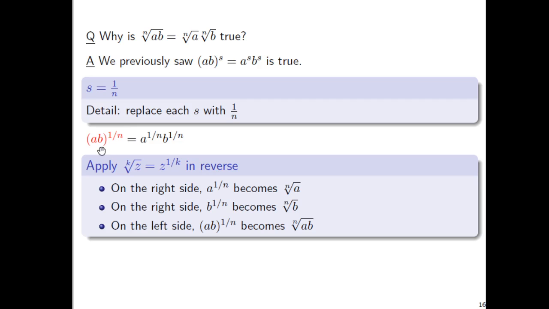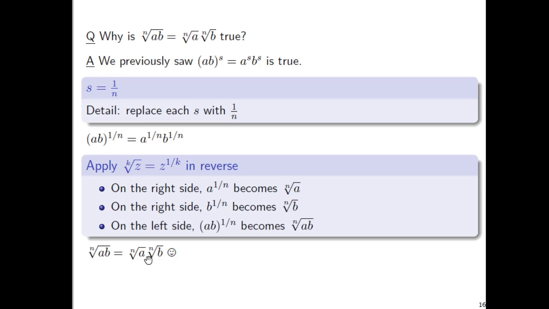On the left side as well, this one's a little more complicated, but there's ab raised to the 1 over nth power. So for this formula, we are plugging in k. For the k, we're plugging in n, and for the z, we're plugging in ab. And then turning that into what's on the left side of this formula, we end up with nth root of ab. So this entire equation, making three replacements, we talked about the two uses of this new formula on the